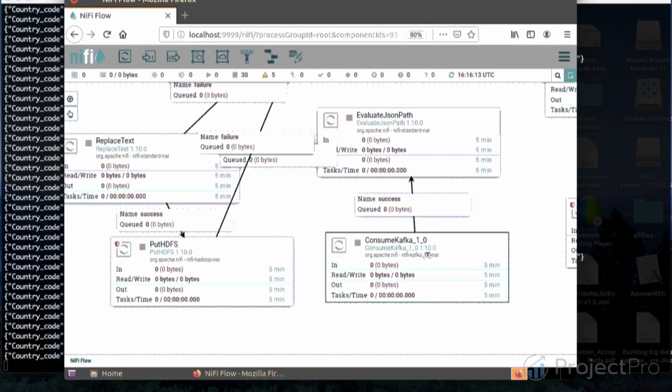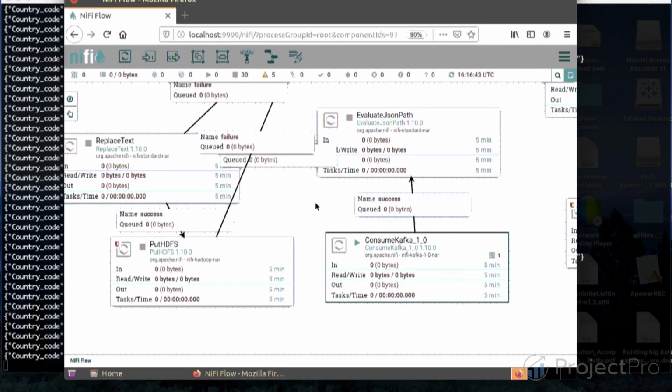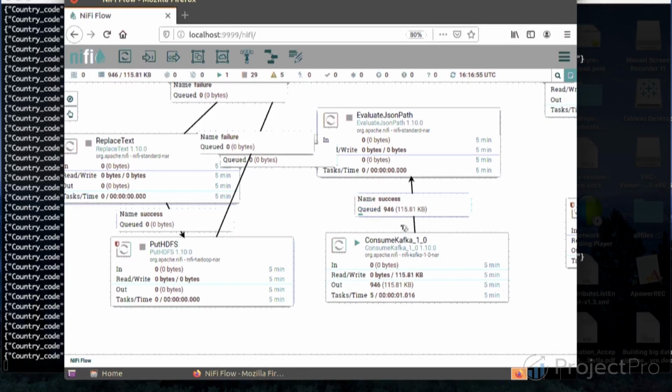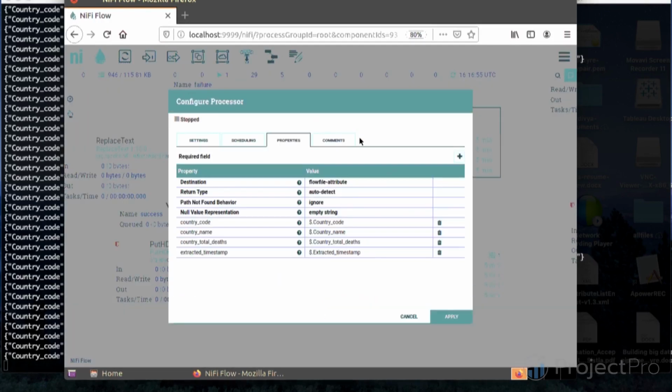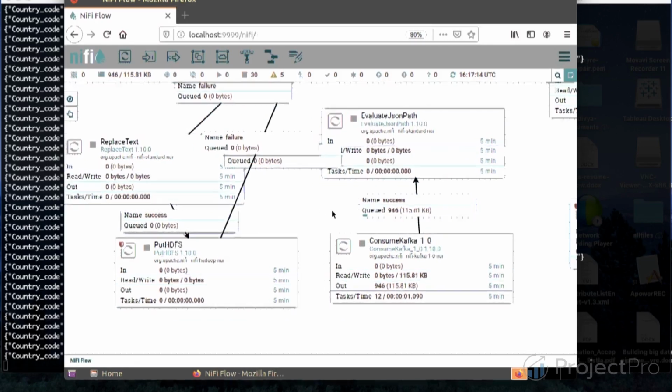Once we have the configuration in place, we will run this ConsumeKafka to consume the data from the Kafka output topic desire out. We need to consume this data into NiFi. NiFi can be a destination for further storage of the data. So it has consumed the data. Let's stop it. Now we got the data from the Kafka topic into NiFi, and it is in JSON format. So we again flatten the data using EvaluateJSONPath, as I have previously said. These are the four fields, and we are flattening the data into CSV. We can or we cannot, but here we are flattening the data.